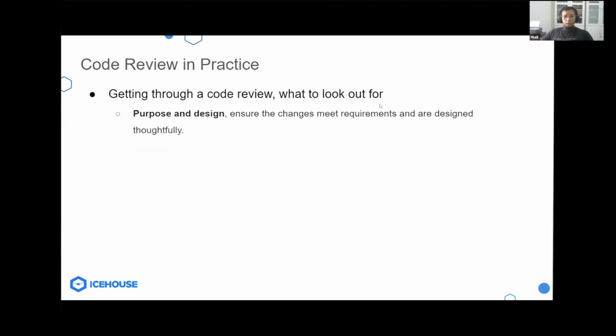First, check its purpose and design. One of the most important aspects of code review is to make sure that the changes meet all requirements and are designed thoughtfully. Some questions that we may ask during a code review,